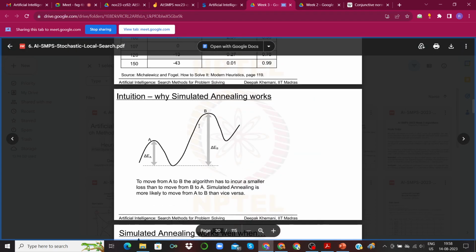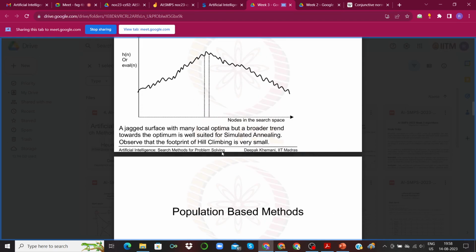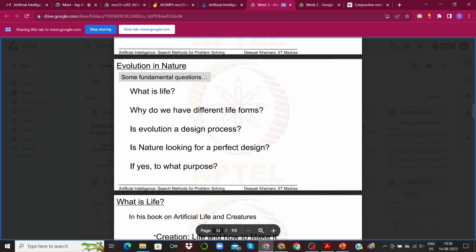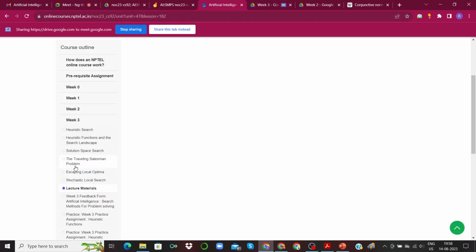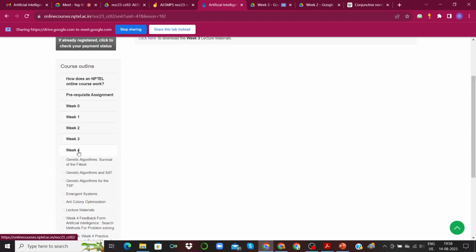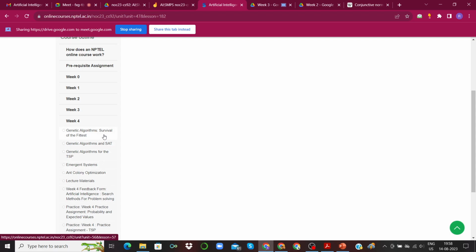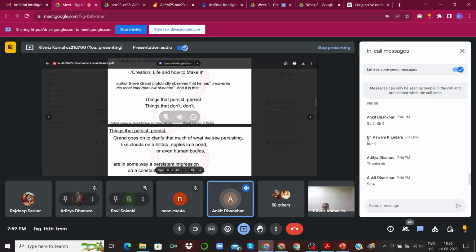Simulated annealing is another method. There are population based methods. I don't think this has been covered now because I think this is supposed to be covered in the 4th week. Or has it been covered? Can any one of you confirm? No, sir, it is not covered. The basic idea is covered, but population based and similar topics will be covered in the upcoming weeks. Okay, then that's fine. We can have an in-depth discussion about TSP and how to solve it using population based and other methods in the next live session, because we are already nearing the end of today's session.